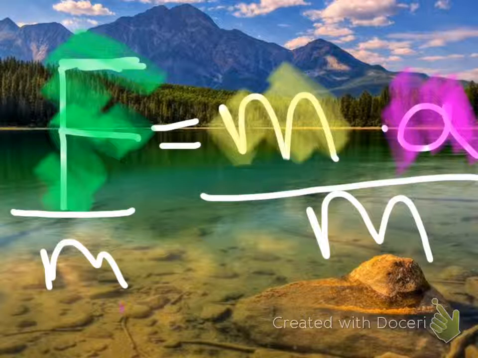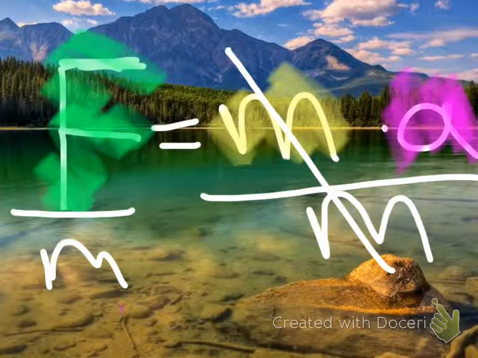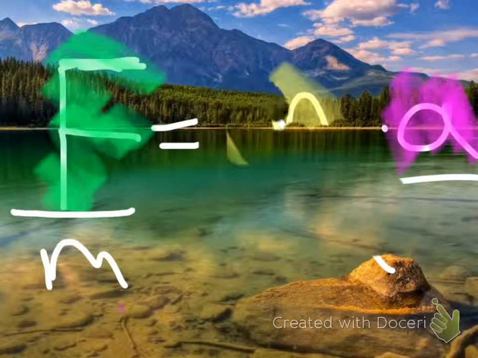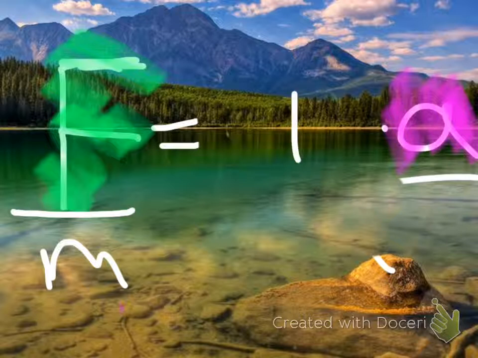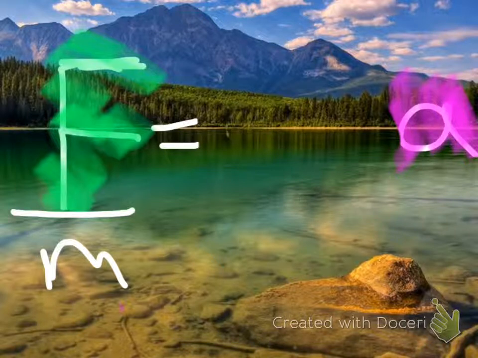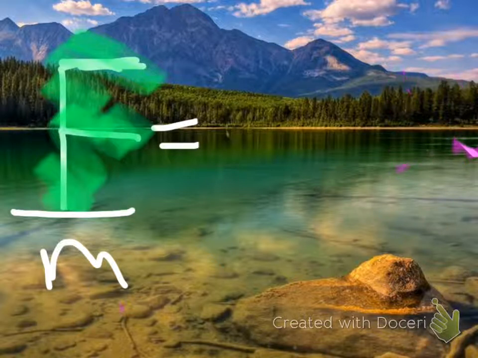If I do that, the same thing happens. M divided by M cancels out, since anything divided by itself is just going to be a 1. So I have 1 times A. Anything times 1 is just itself, so you can get rid of this 1. So you get, and I'll write this a little closer over here,